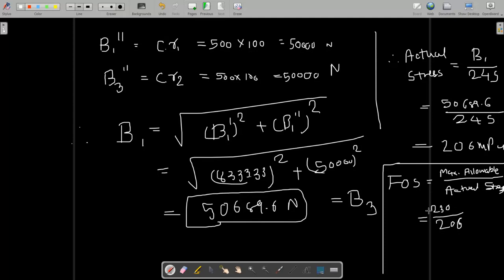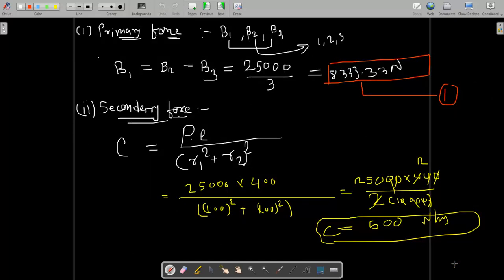that is maximum principal stress theory. If you use the von Mises theory, then there will be a somewhat different answer. If you use the maximum shear stress theory, then your answer could also be somewhat different. So here I am getting 1.11 as the factor of safety. So this is the answer of this question. Factor of safety 1.11. Hope you guys understand. This is the standard method.